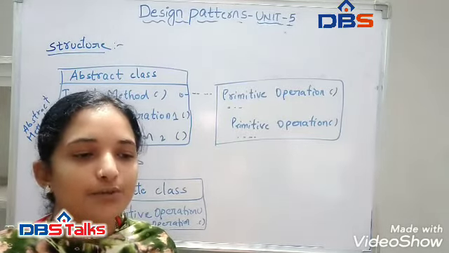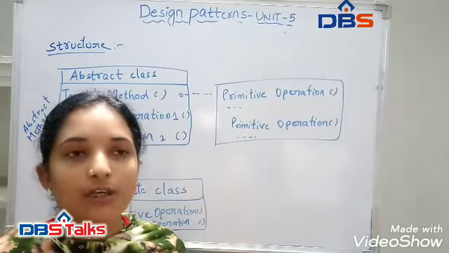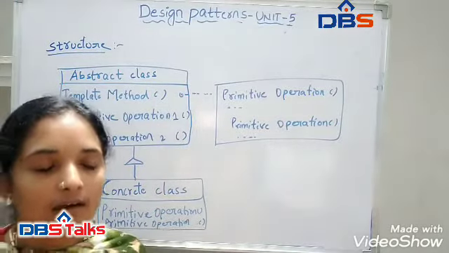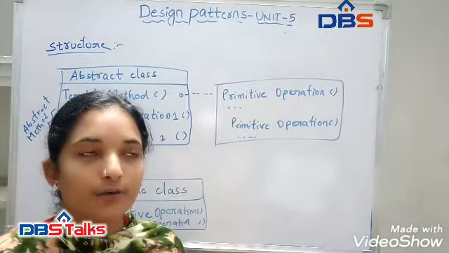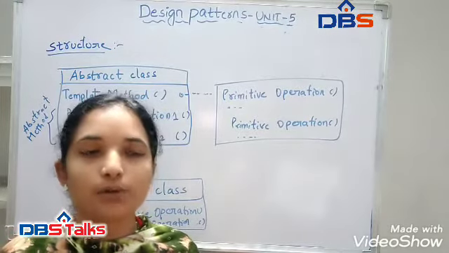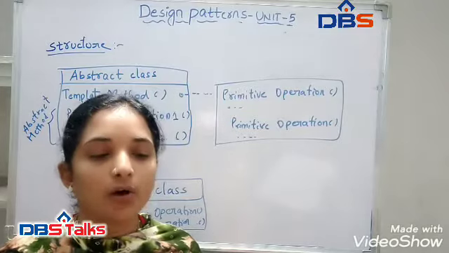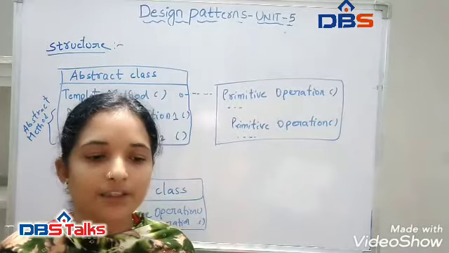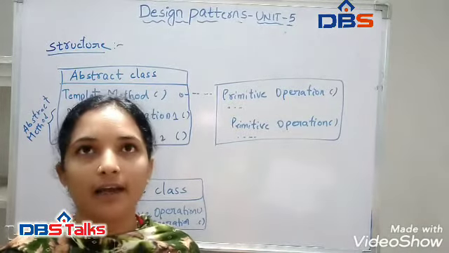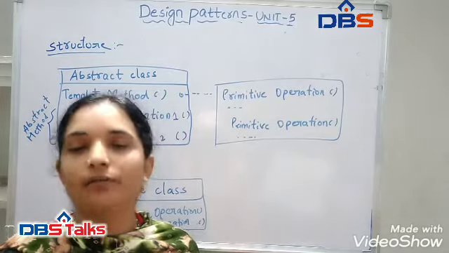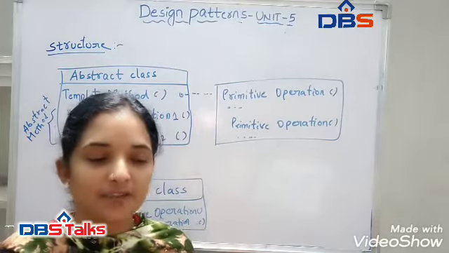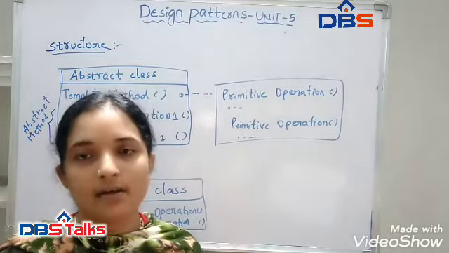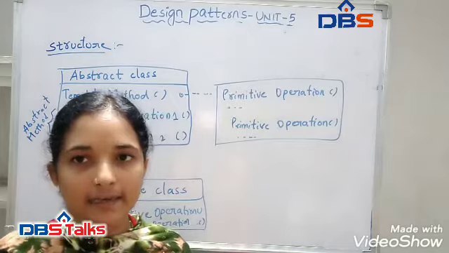Template method leads to an inverted control structure. This is referred to as the Hollywood principle: don't call us, we will call you. This refers to how the parent class calls the operations of the subclass, not the other way around. In the template method, we are following some kinds of operations. First is concrete operations, either on the concrete class or on client classes.